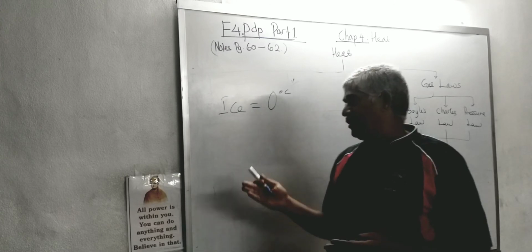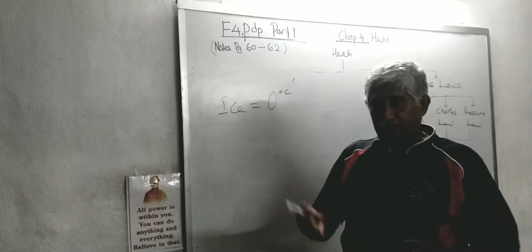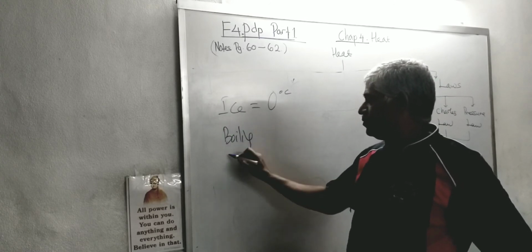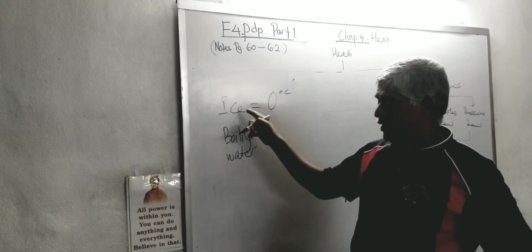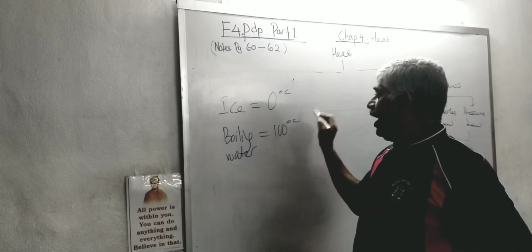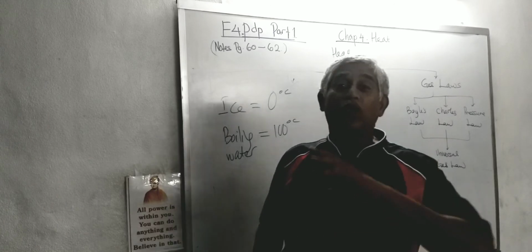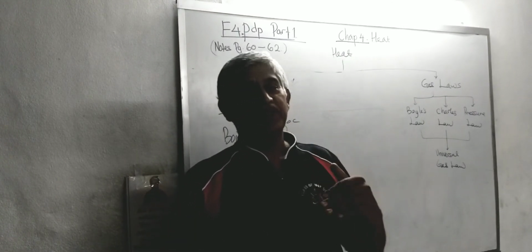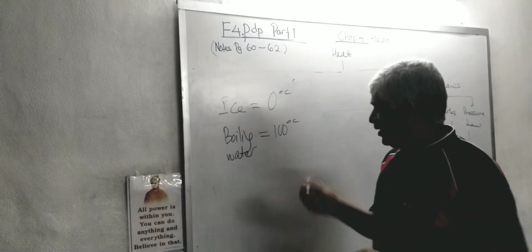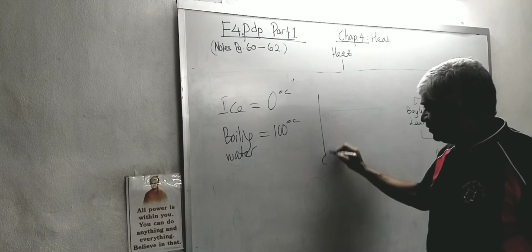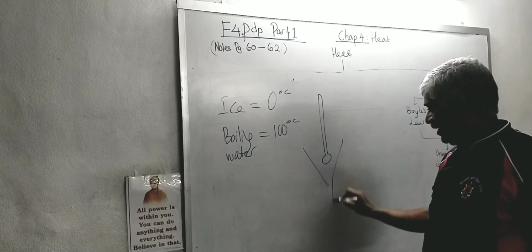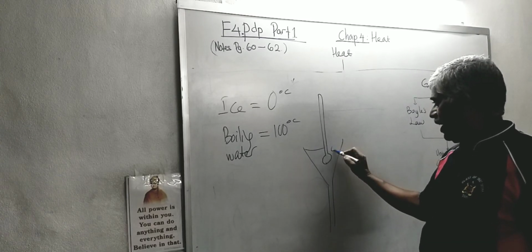Then the same ice, when you heat it up, it will eventually turn into water, and when it starts boiling and is continuously boiled, I say boiling water, the temperature is 100. So these are the two reference points scientists use to make the thermometer scale, the calibration. Alright? So what they do first, they take a thermometer, okay, all this is in your notes, they place it in the ice. Alright, they place it in ice.